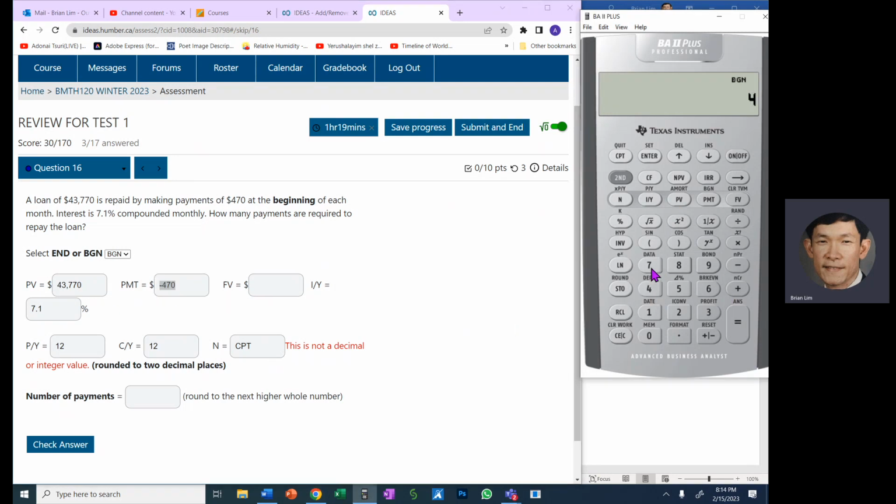So 470, make it negative payment. And of course, 0 for the future value because the loan should be paid off. So 0 should be in there. Okay, so now we compute N. And we get